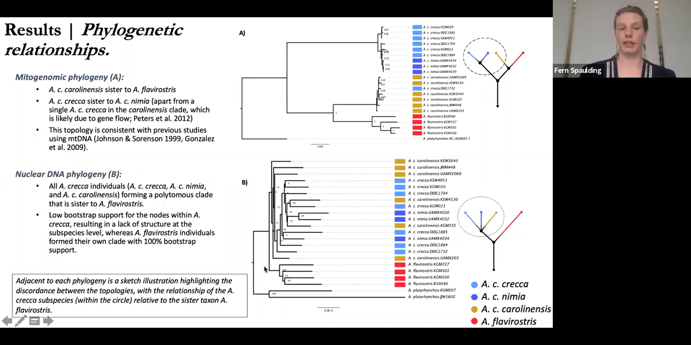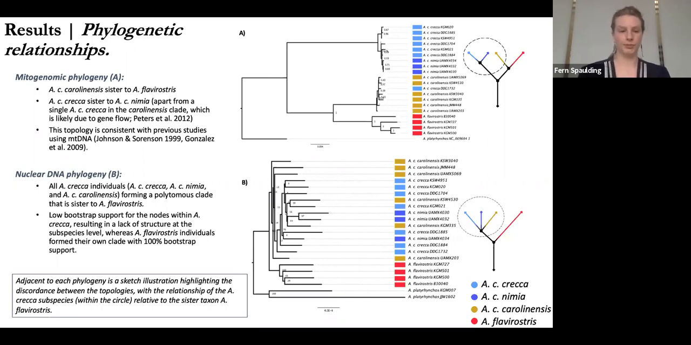Our nuclear phylogeny, however, shows something different. Our nuclear phylogeny shows that all the 3 subspecies of whole Arctic green-winged teal form their own polytomous clade that is sister to Anas flavirostris. So the 3 whole Arctic subspecies of green-winged teal form a clade here, with the South American yellow-billed teal being sister here. And given the low bootstrap support of these nodes in our nuclear phylogeny, it results in a lack